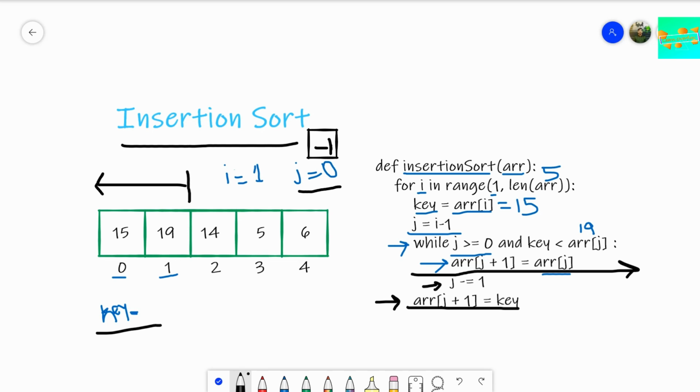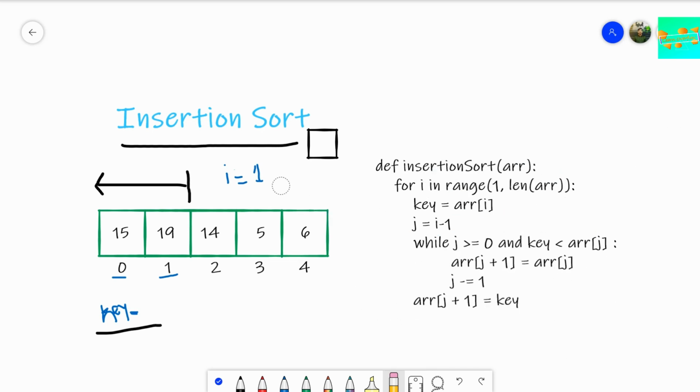In a similar way, we'll look into this once more. Let me just erase this all. All right, let's now look.